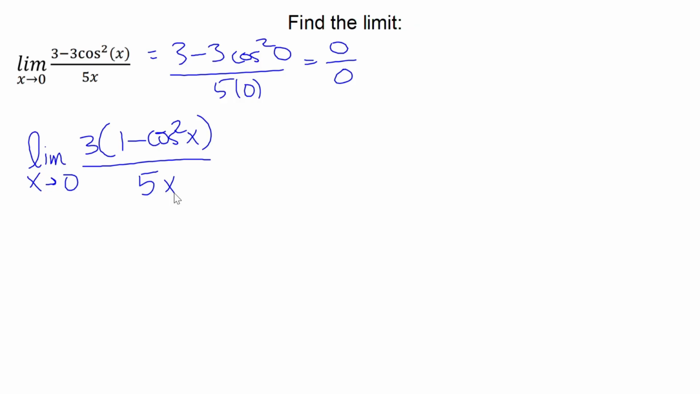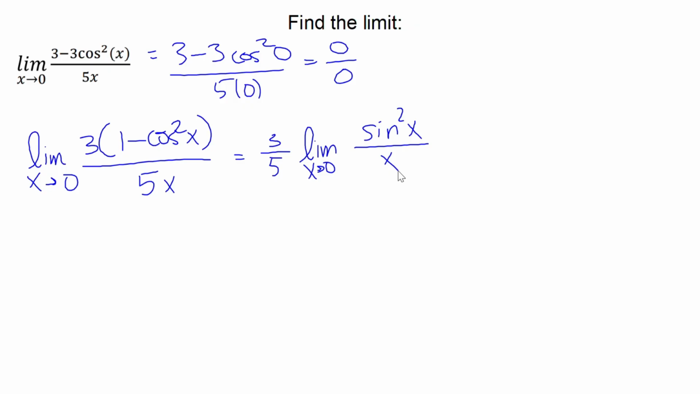And so if we look at that, well, we should recognize then that we can turn that 1 minus cosine squared x into a sine squared x. And we can also take both the 3 and the 5 in the numerator and the denominator and pull them out into the front. So we end up with 3/5 of the limit as x approaches 0 of sine squared x over x. Right? And so the reason we want to do that is because we know how to deal